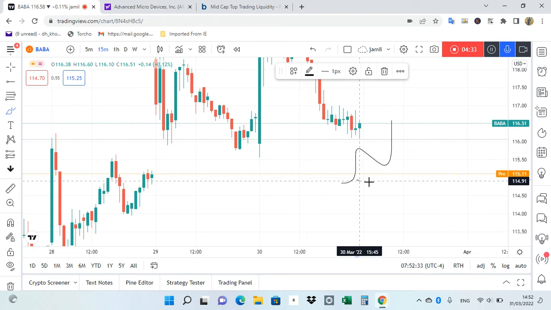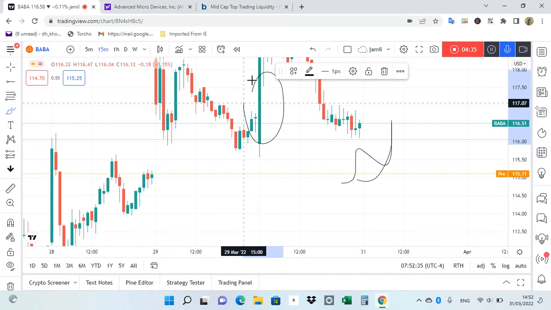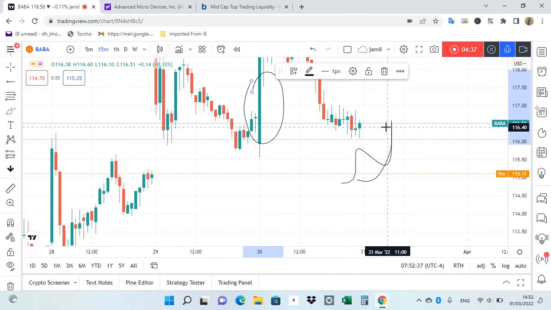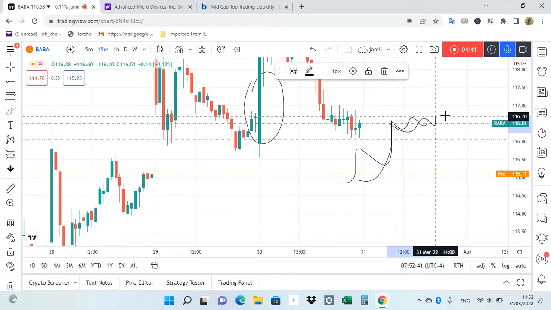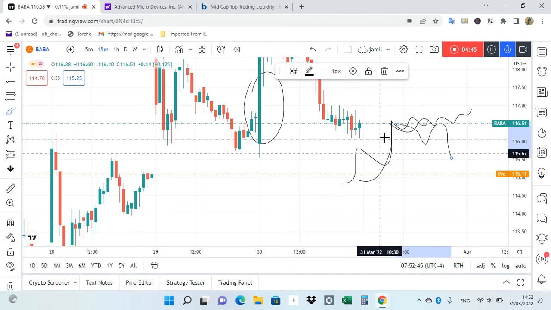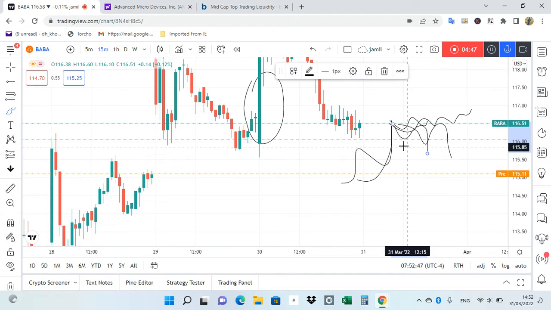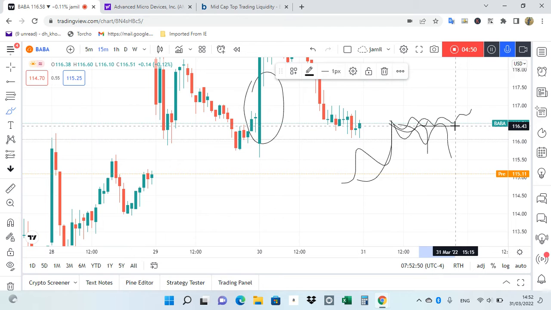Or even if the market makes a shoot up like yesterday, we just have to wait and let the market decide if it wants to go. If it makes sideways here, or if it directly gets rejection here, the possibility is very high. If it makes an M pattern here, we just have to put our stop loss here, and we're going to short the market for sure.